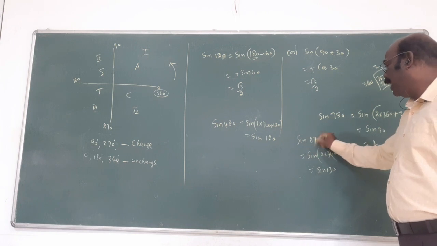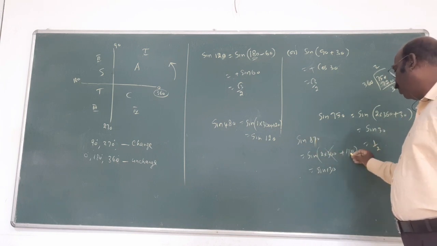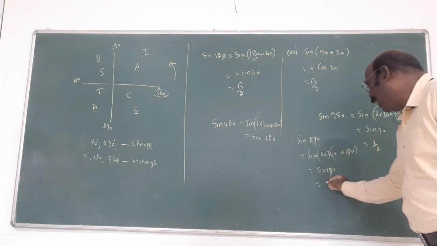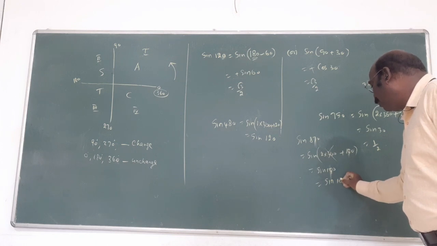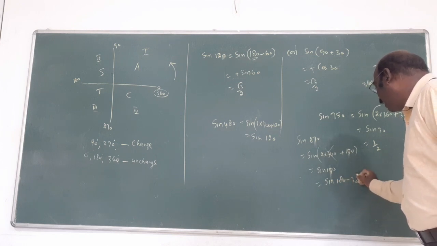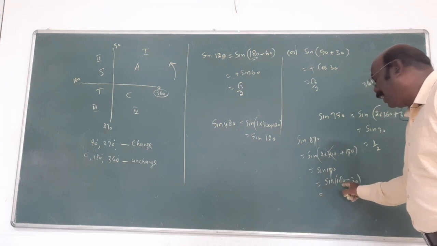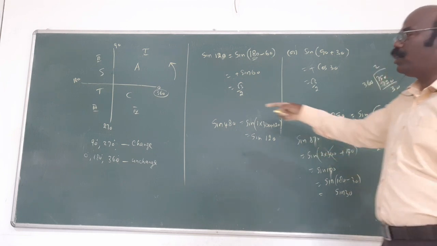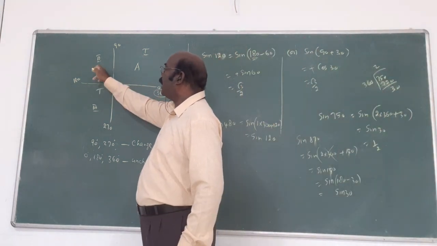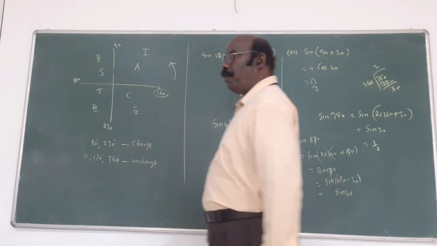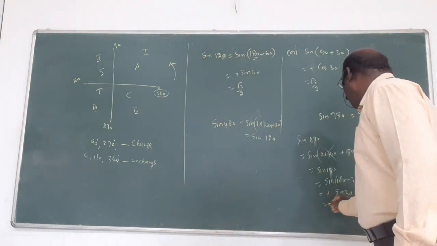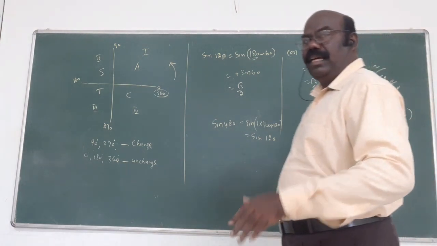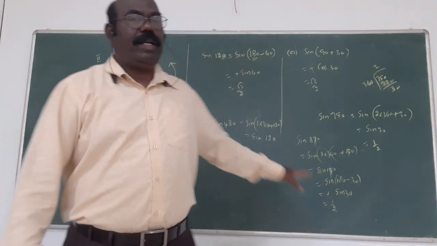For example, the same problem. Suppose here 780 is there. What is the answer? Remaining quantity 150. Am I right? 150. Now we want to write sin of 150 as 180 minus 30. Sin 180 minus 30, which quadrant? This is 180 minus, the second quadrant. In the second quadrant sin will be positive, plus will come. Sin 30 is what? 1 by 2. This is the answer. For more than 90 or more than 360 also, we use this idea only.